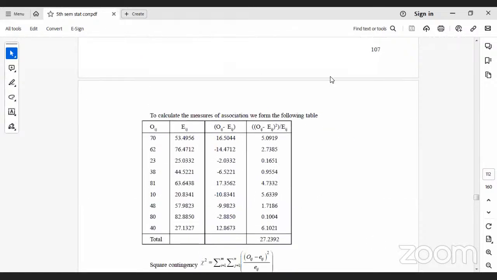Therefore, to calculate the measures of association, we compute OIJ minus EIJ. So OIJ minus EIJ is 70 minus 53.16, 16 minus 50.4. Then the step (OIJ minus EIJ) whole square, 16.051 whole square. Then the output value is divided, 53.49 by 6. The total value is